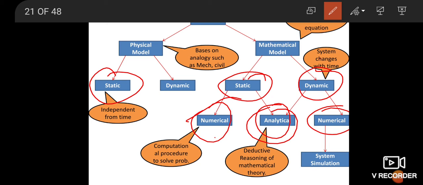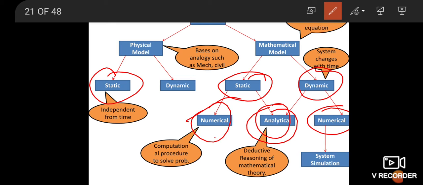Dynamic models in mathematics means we are considering the changes in the system. The system changes with respect to particular time. So if the condition of the system is A at a specific time, then after a time interval the condition of the system will become B. Suppose you are studying the flow of flue gases from a particular equipment, suppose the flue gases are flowing, so by the passage of time that particular proportion will increase. So that kind of model you are considering mathematically, that is a dynamic thing.